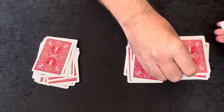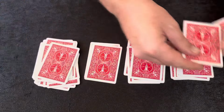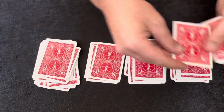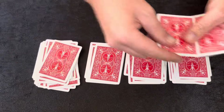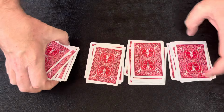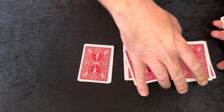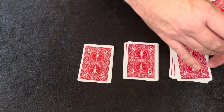Pile 3. And the spectator can do this. It's completely self-working. And then pile 4. And before I deal out pile 4, I like to just kind of straighten these up if they're a little messy. And then